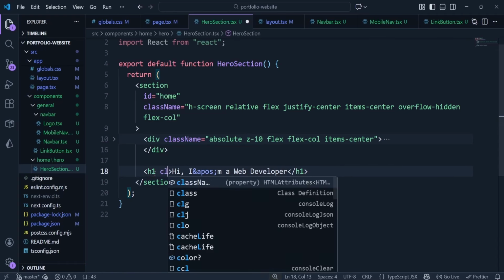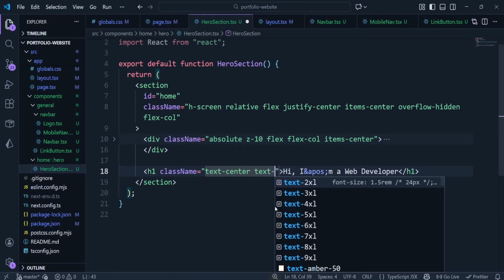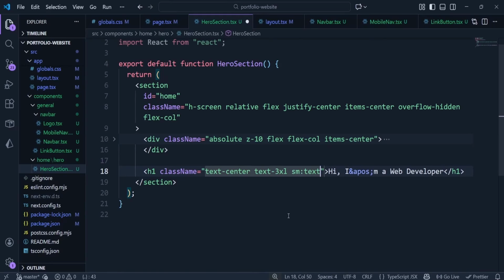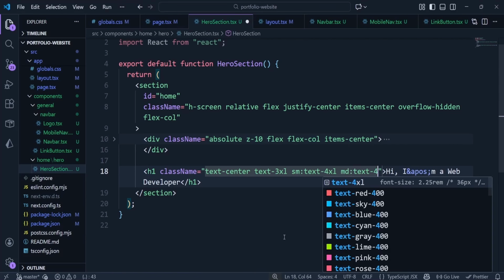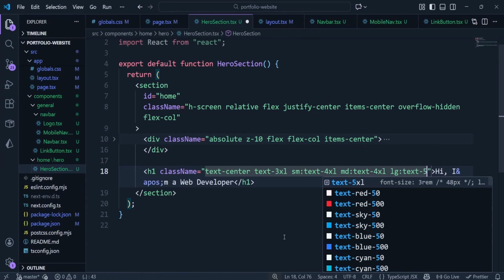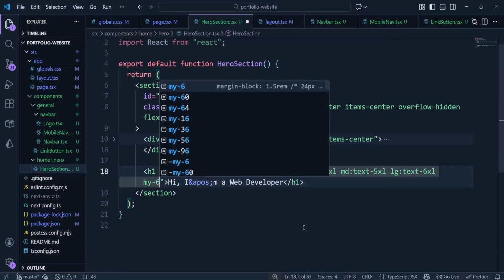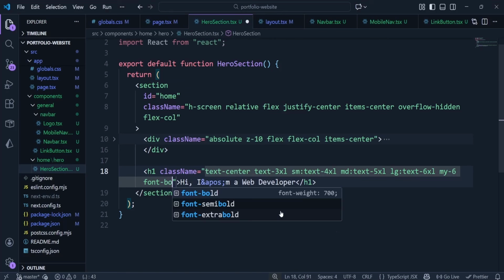And then I'm going to add some Tailwind classes to this. We'll give it a text of center, a text of 3XL. For small screens and above, we're going to give it a text of 4XL. For medium screens and above, give it a text of 5XL. Then for large screens and above, give it a text of 6XL. Okay, so 3XL, 4XL, 5XL, and 6XL, because we want the text to be fully responsive regardless of the screen you are viewing this text on. After that, we'll do a margin vertical of 6,